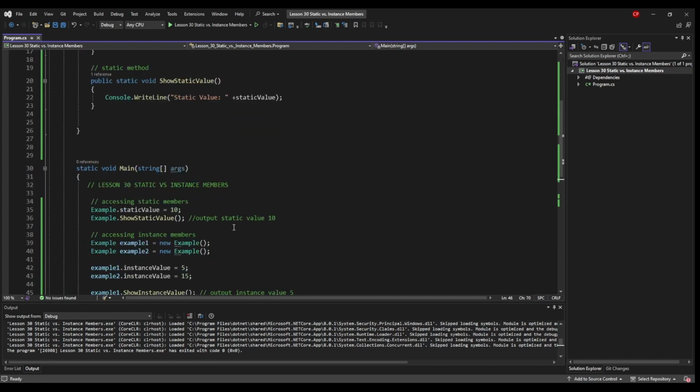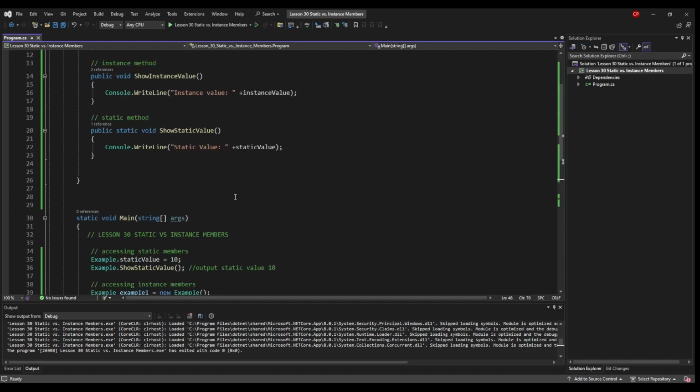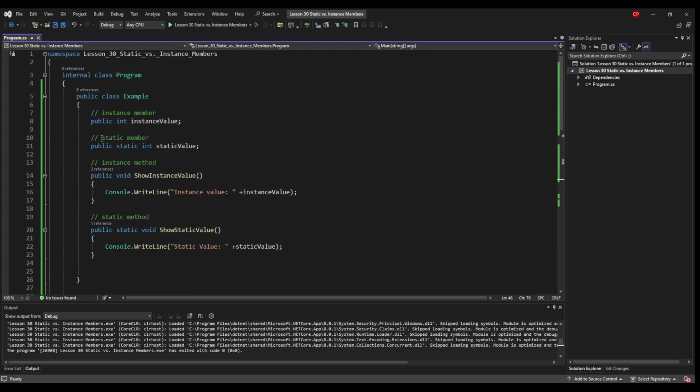So you can kind of see how we set up everything. Let's talk about it a little bit. The static field, right? Public static int static value, here we go, the static member. This field is going to be shared across all instances of example. Any change affects all instances, right? And then the instance value,